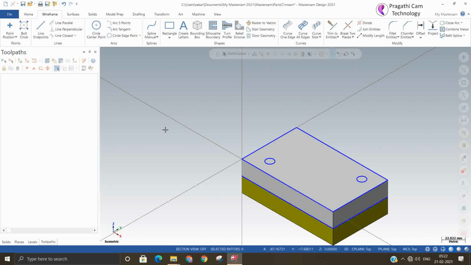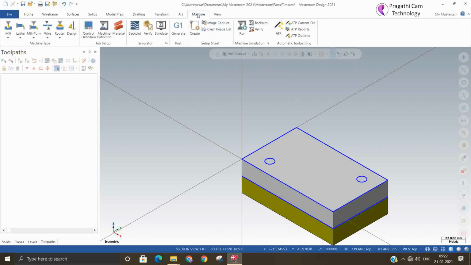You cannot use the same spindle speed and feed rate for both, it may not come out good. So for aluminum you need a separate feed rate and spindle speed, and for brass you need a separate feed rate and spindle speed. The advanced drill will help you give different feed rates and different spindle speeds for different materials.